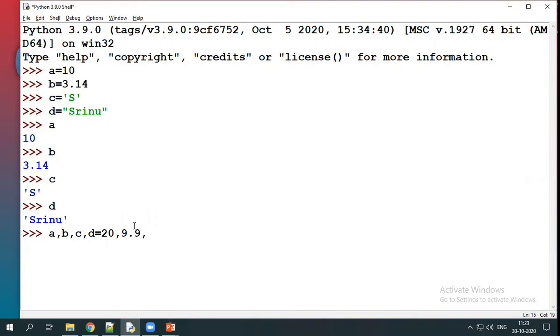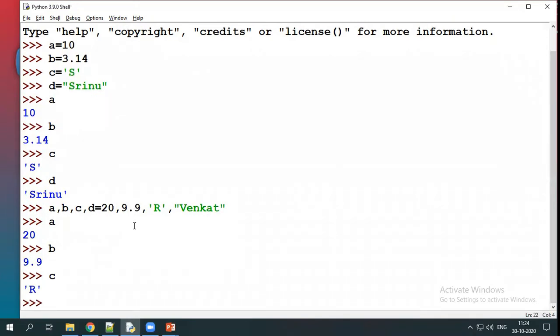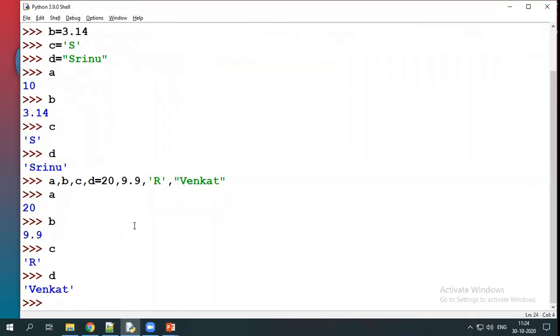The next value, I'm assuming it is a character, like or, and the next value I'm assuming it is a string, Venkat. Now the a value is 20, b value is 9.9, c value is or, and d value is Venkat.